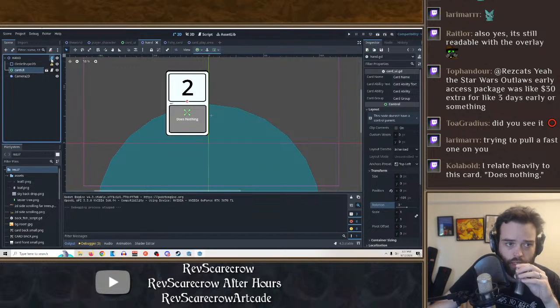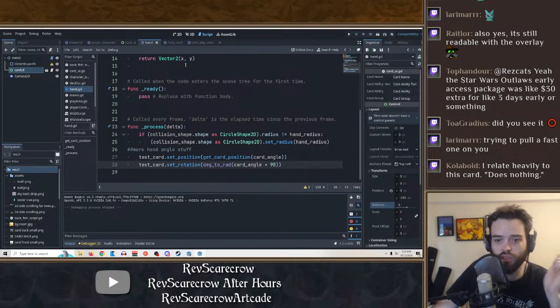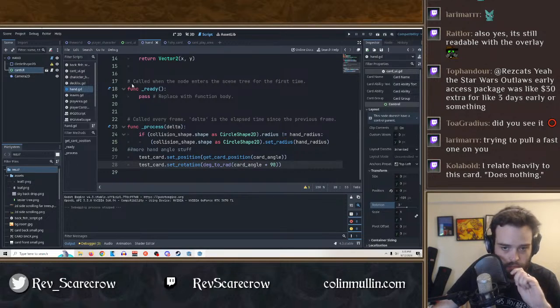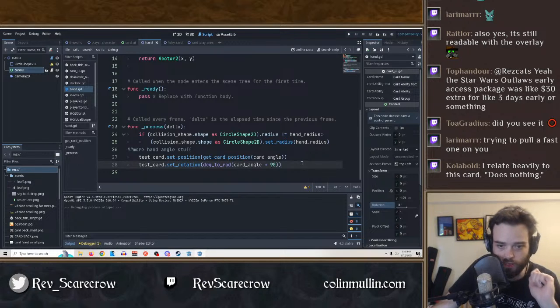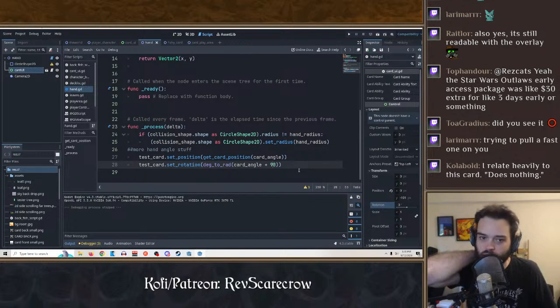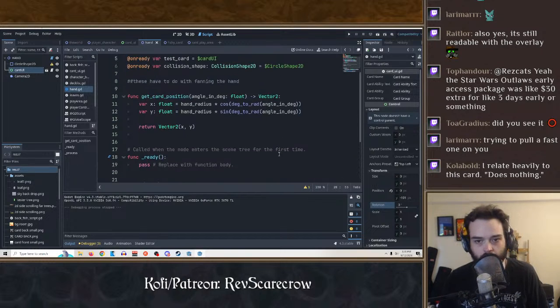Man, this hurts my brain to do. It still runs even if there's an error with the circle shape. Doesn't matter, if it's not set as the same. So right now, okay, it is hooked up to the circle, but it's not hooked up right. And I think that means that